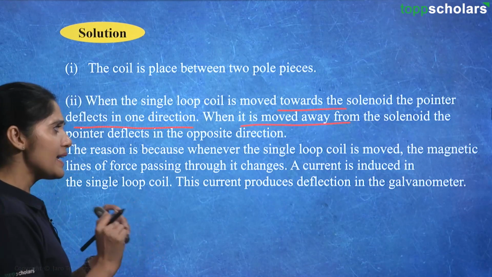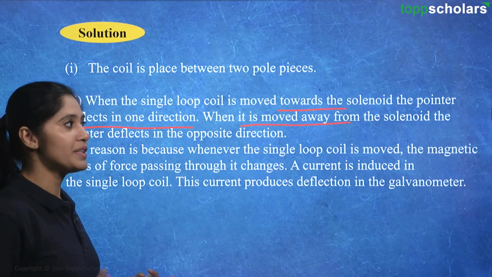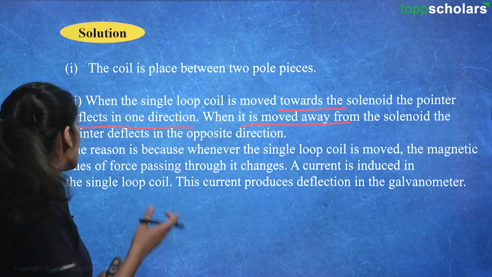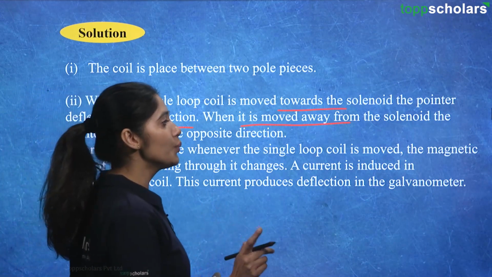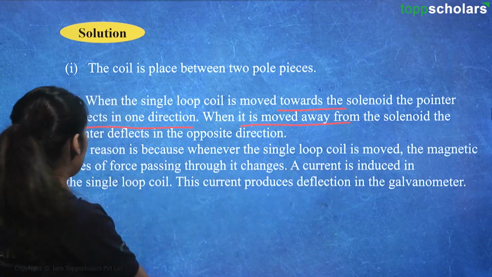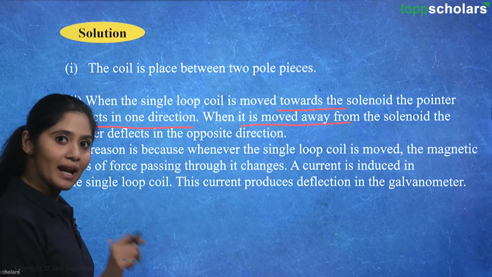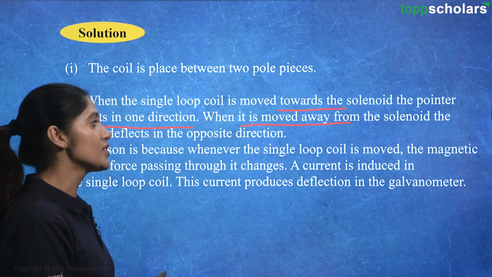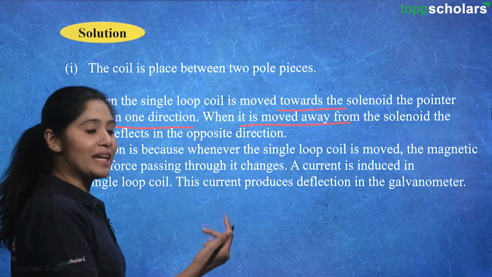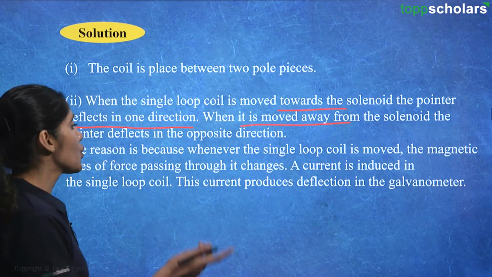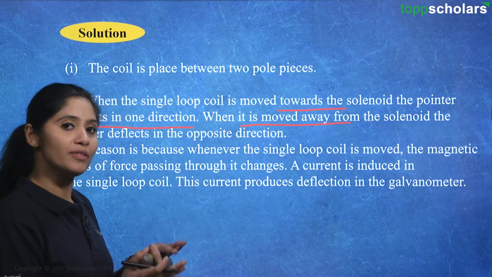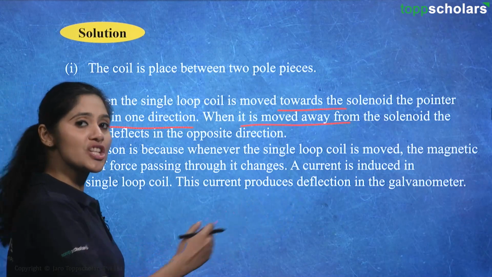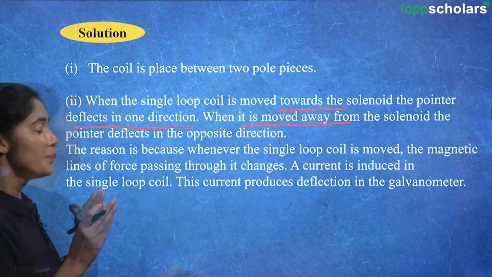Is that true? Why is that so? We have to give a scientific reason now. We can't just say that it is going to move in one direction and the other time it will move in the opposite direction. So the reason is that whenever the single loop coil is moved, the magnetic lines of force passing through it change, right? We always know that whenever we are moving a coil, because of that movement, there is a change in the magnetic field lines. So if you are moving it towards it, it will move in one direction, and if you move the coil away from it, again there is a shift,